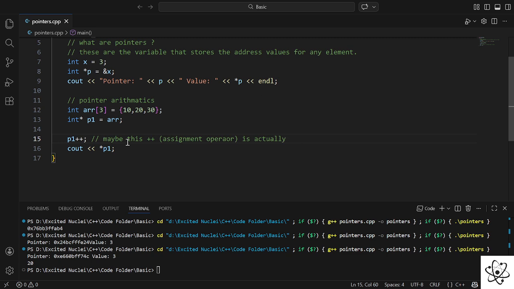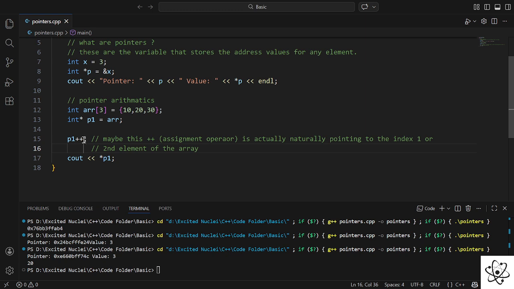Maybe this plus plus assignment operator is actually naturally pointing to the index 1, or maybe the second element of the array. So that's what I thought, that maybe this P1 star star is actually pointing to the second element